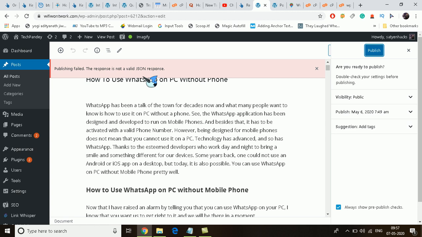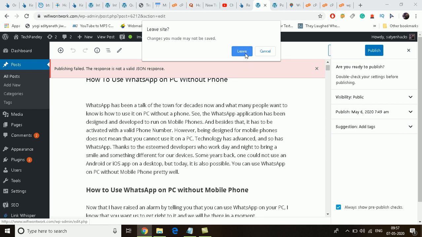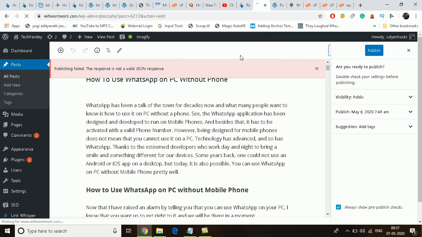But the actual thing is that the post has published. Now we will check right now. We'll go to all posts and we can see that the post has been published. In fact, it's giving the error, but the post has been published. So even if I update it and it's giving the error, the post will still be updated. So actually this error has no meaning in my case. Hopefully it is the same for yours.